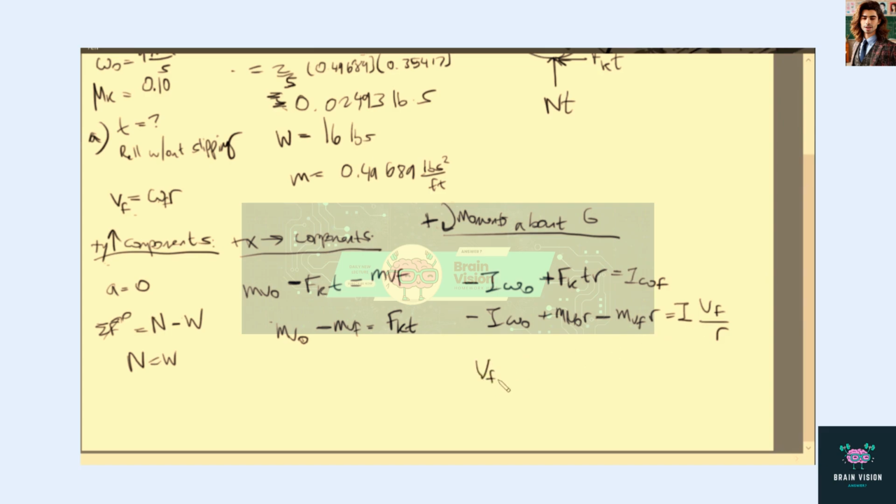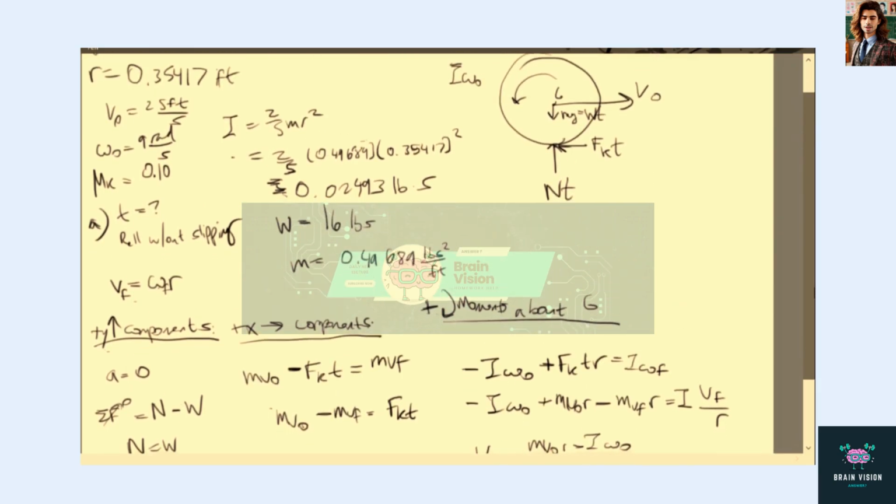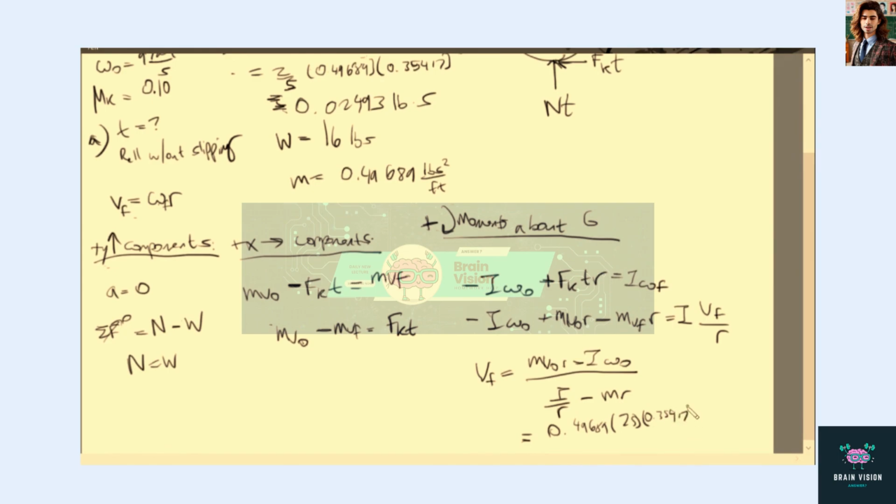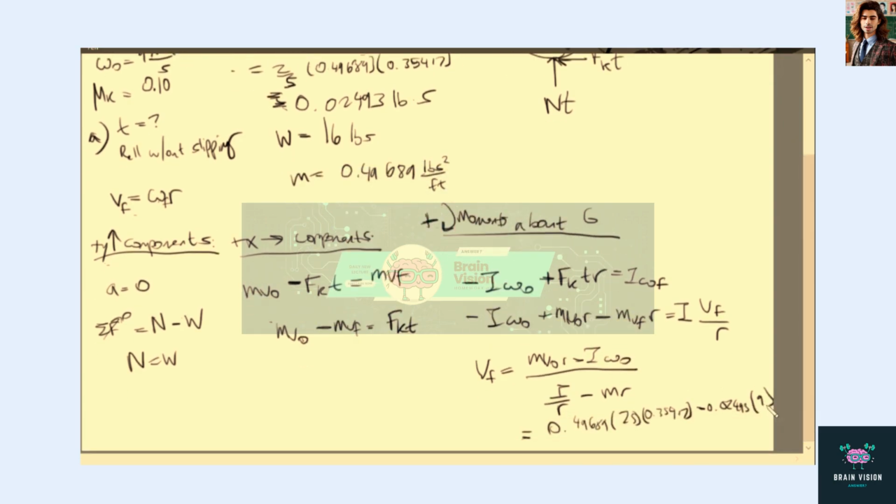If we solve this equation, we get mv naught R minus I omega initial over I over R minus mR. This is equal to 0.49689 times V initial, which is 25, times R, which is 0.35417, minus 0.02493 times 9, all over